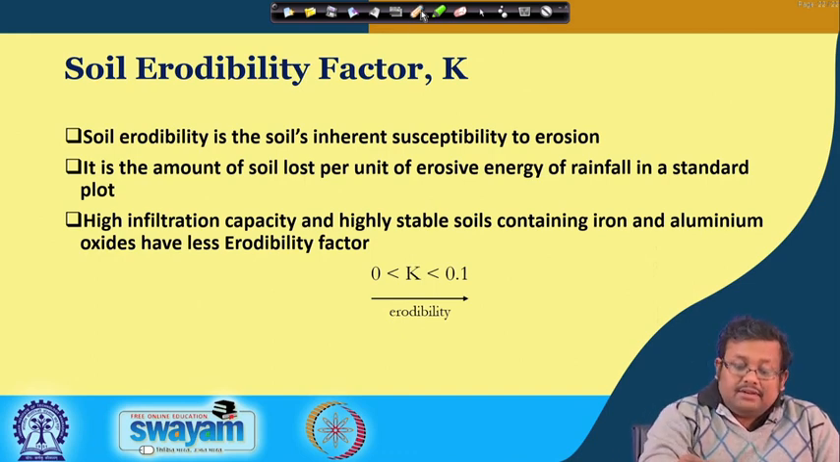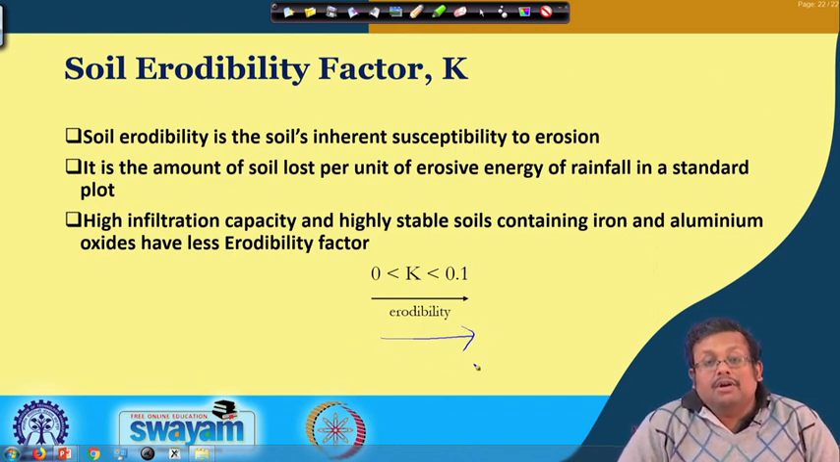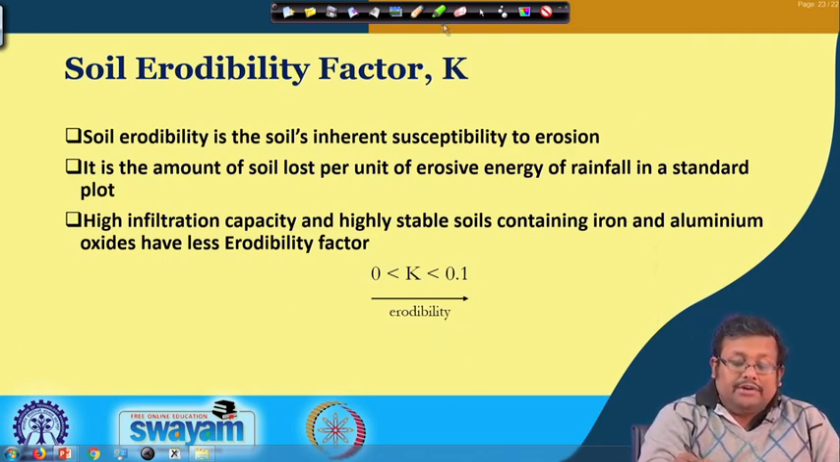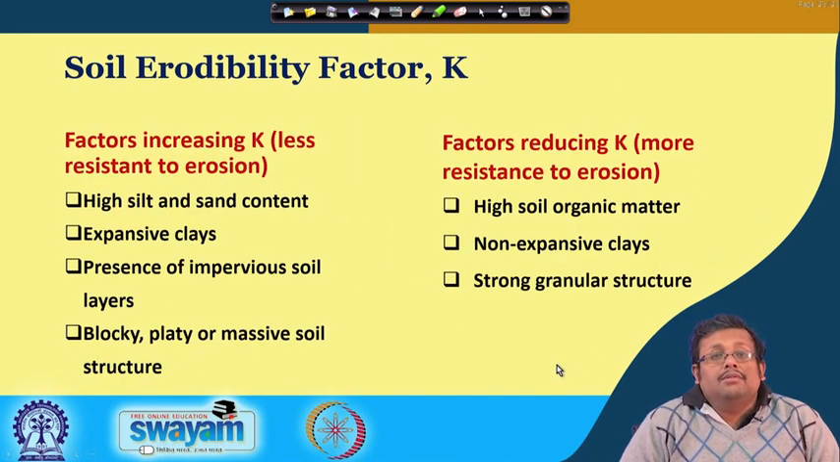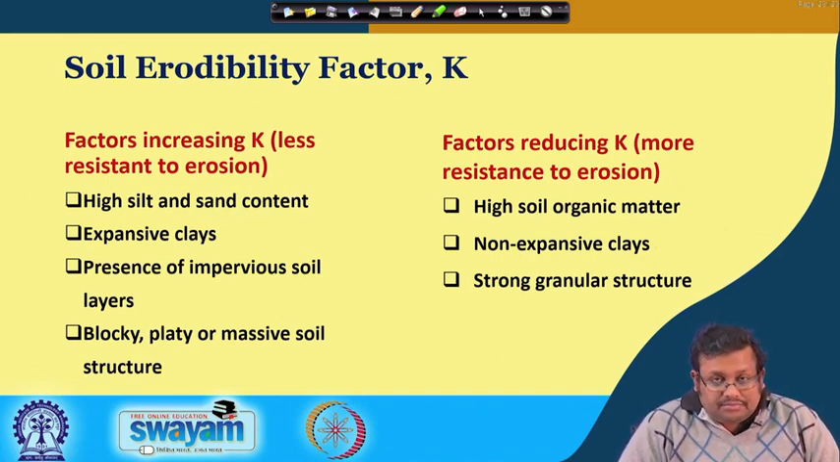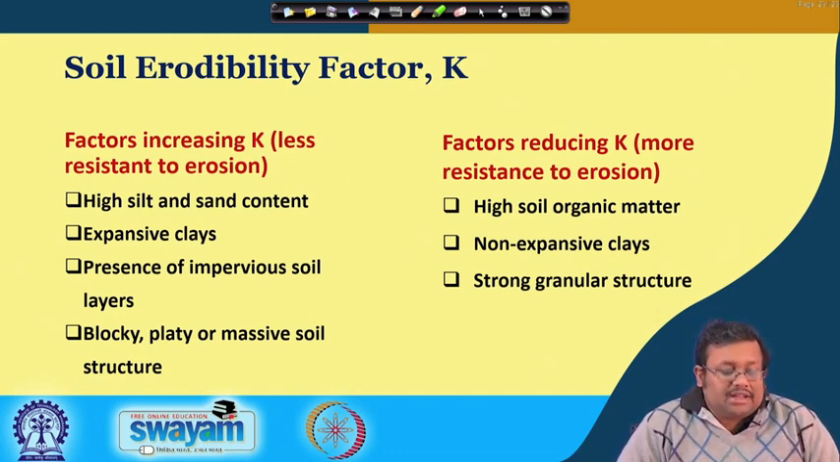and erodibility increases in this direction. When it is 0, there is less erodibility, and when it is 0.1 it shows greater erodibility. This is the soil erodibility factor. Now, soil erodibility also depends on several aspects. For example, there are several factors which increase K, making soils less resistant to erosion, and factors reducing K are also there. So let us first discuss the different factors which increase the value of K,